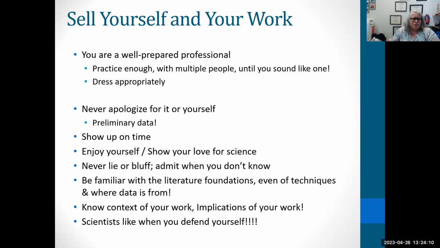How important is your work? What are the implications? I was doing work on a developmental gene in the developing limb. In my thesis practice, someone said, well, where is that gene working in human beings? And does it cause disease? And I went, no, it's just true. It does. It did. And I had no idea because I had such a narrow view. Make sure you know a little bit about what you're doing and where it came from and the context,